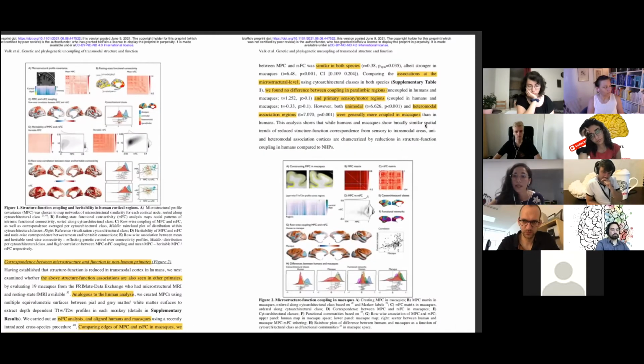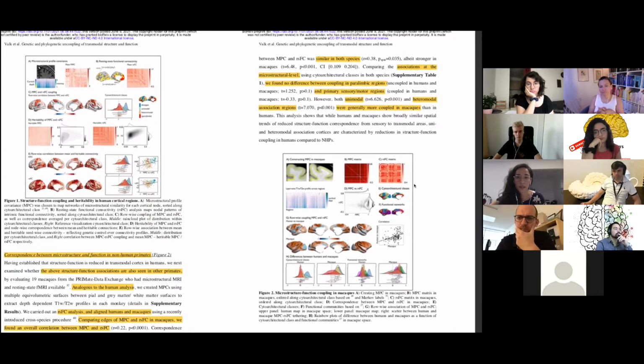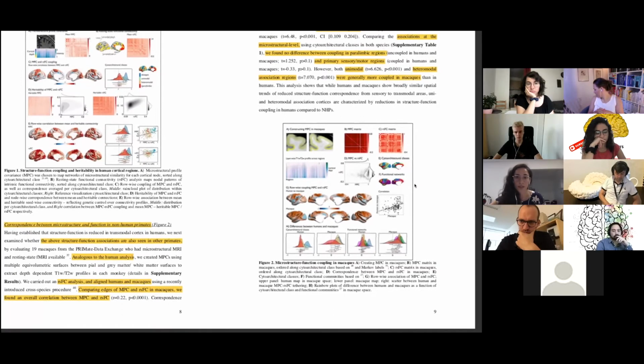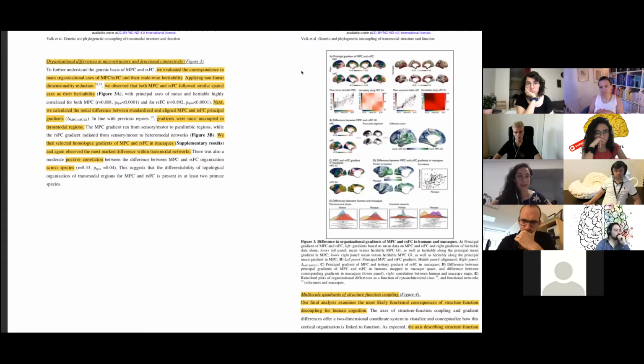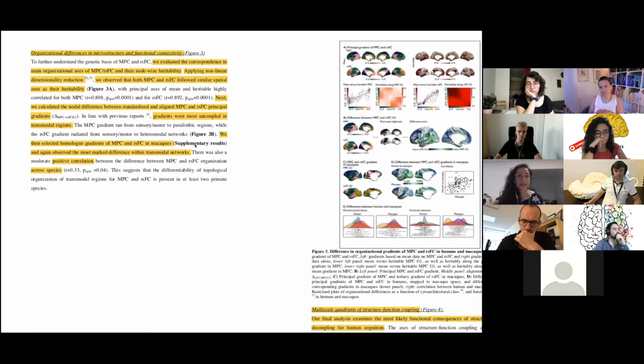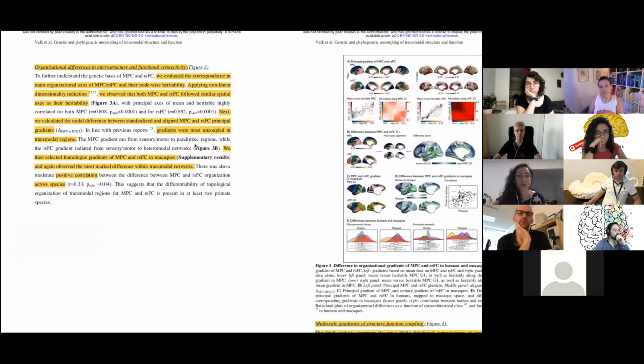Okay, and so both unimodal and heteromodal regions were found to be more coupled in macaques compared to the human results that I've shown you before. Then they ran an analysis to observe the differences in